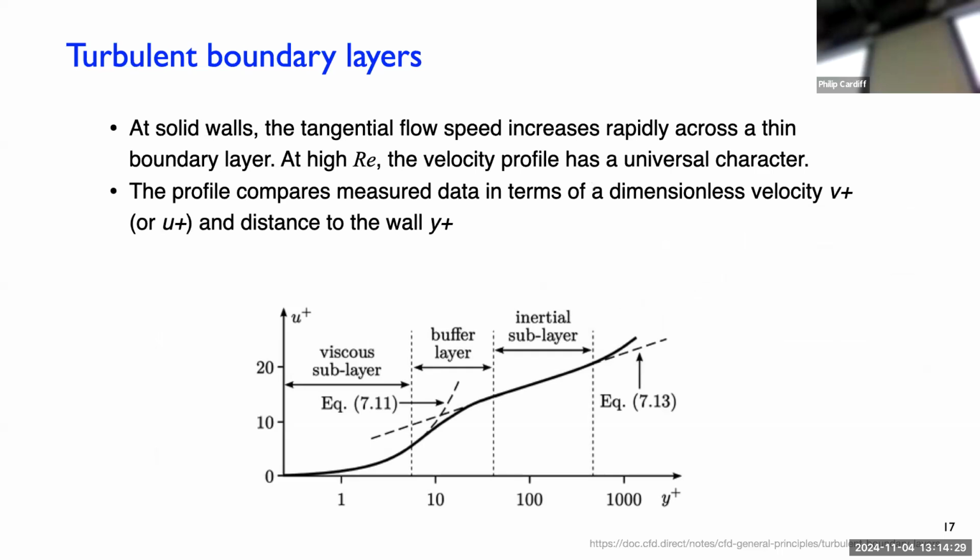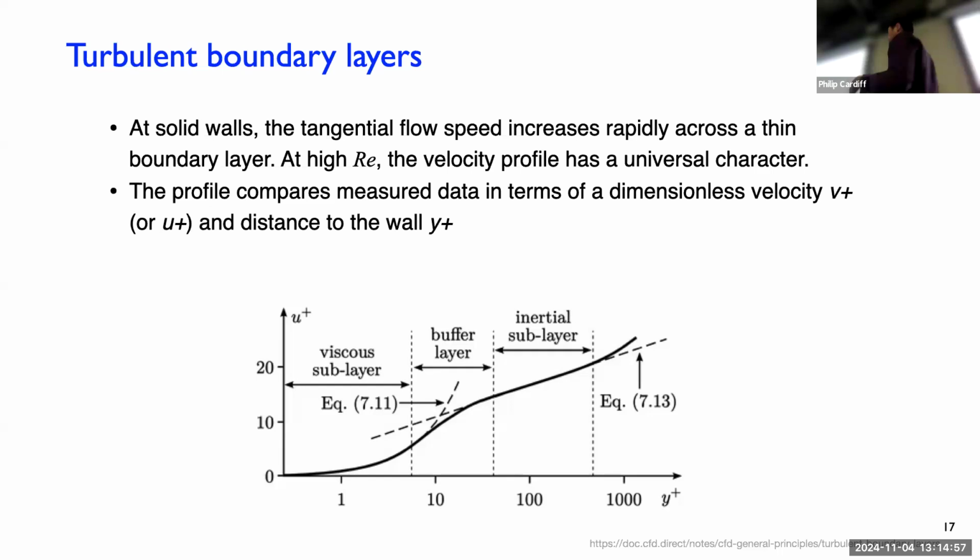If we imagine flow coming along by a wall, let's imagine it's laminar flow. You'll develop some sort of boundary layer, like a parabolic profile of the tangential velocity. By tangential velocity, I mean the velocity that's traveling along the wall, not the component coming towards it. If you were to plot that away from the wall, you might see some sort of parabolic shape. Okay. And when the Reynolds number increases,